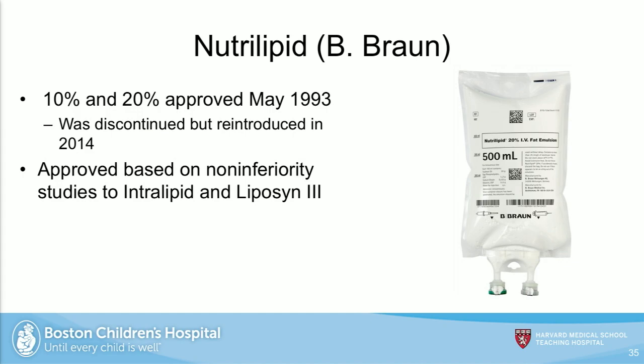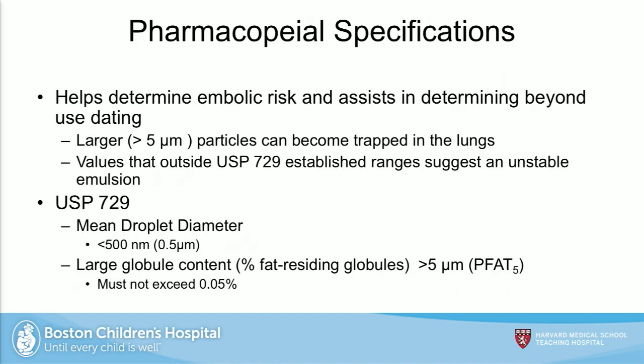And it was approved simply being clinically non-inferior to Liposyn 3 and Intralipid. No claims. It's supposed to be considered equal. It's considered non-inferior. It wasn't worse, but it wasn't better. It was the same. And the way they figure a lot of this out is looking at the USP standards,